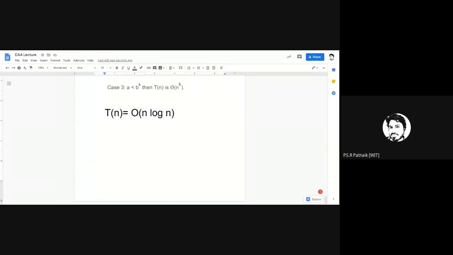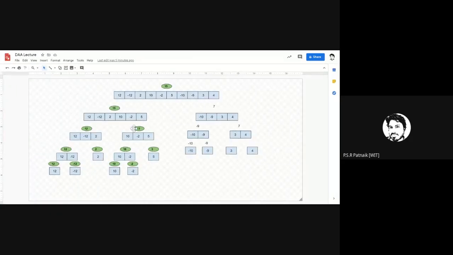Okay, and is it better than n square? Yes. Is it better than n to the power of 3? Yes. So we just saw the working approach. How to write a program, we'll see in the next lecture.